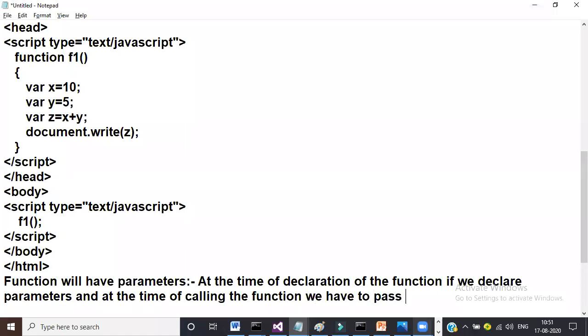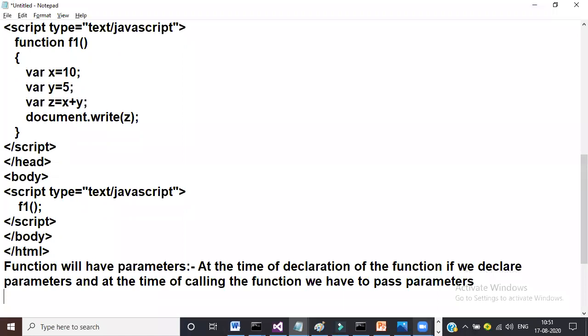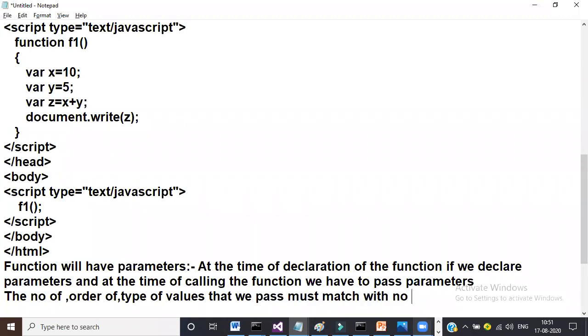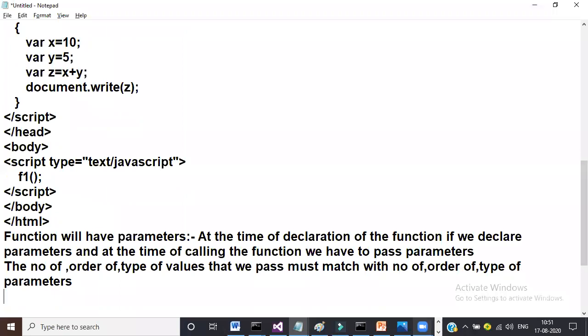The number of values, order of values, and type of values that we pass must match with the number of parameters, order of parameters, and type of parameters. Function will have parameters.